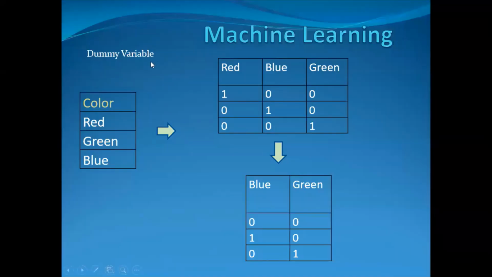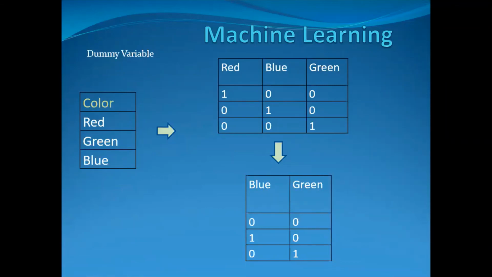Let's talk about dummy variable. We have a column over here, color, which has three values, red, green and blue. Color is an independent variable. So machine learning model will not accept this as it is not a numerical value. So what do we do? Suppose we convert red equal to 1, green equal to 2 and blue equal to 3. Will it suffice? Think it over. No, it will not. Because in that case, machine learning model may give higher weightage to blue compared to green, which we do not want. We want equal weightage to be given to red, green and blue.